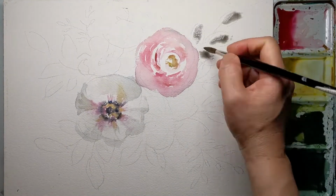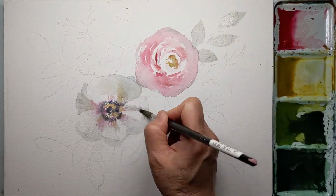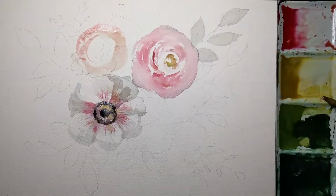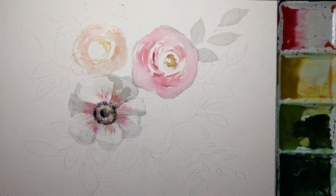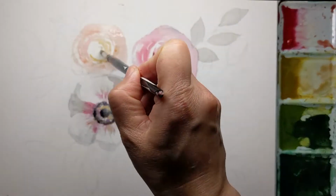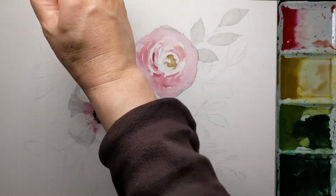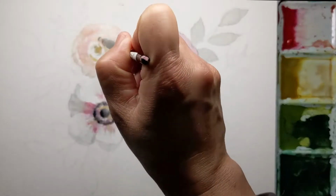Gray leaves. I'm keeping the leaves pretty simple, same as this complementary secondary floral. So I want to keep the pink ranunculus and the bicolored anemone as two main flowers, and this third peach anemone will be secondary floral,